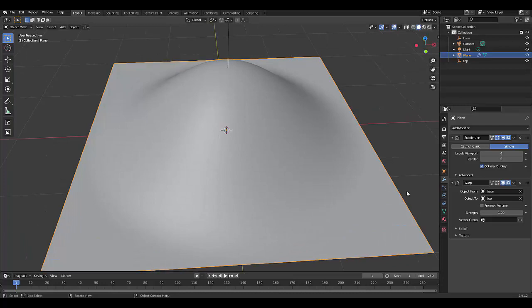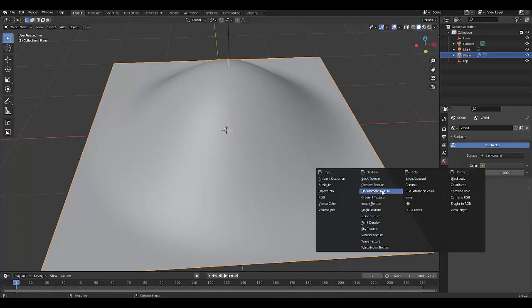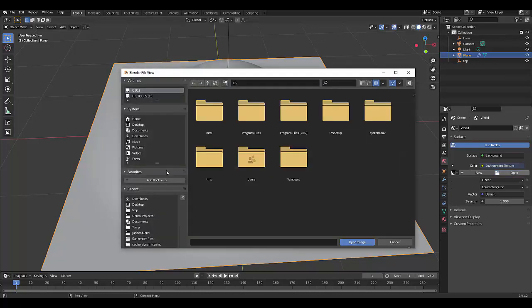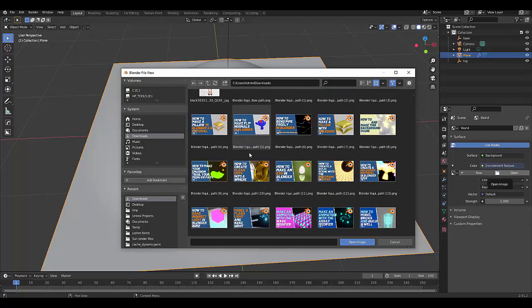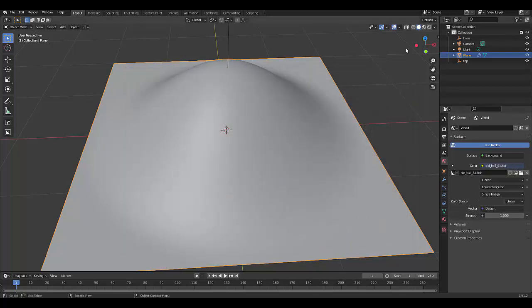And just to make it a little bit more interesting, I'm going to add an environmental texture. Go to hdrhaven.com if you want to find one. I've already downloaded one, which is over here. Always takes a second to load. You can go to your render view to see if it's loaded in. And then the next thing we want to do is,